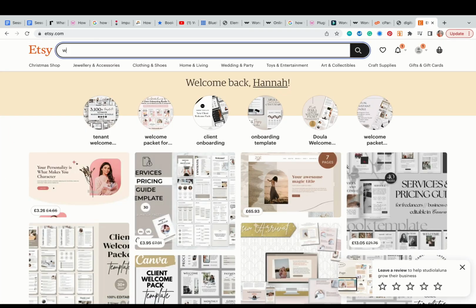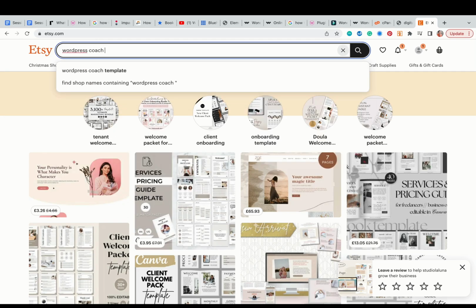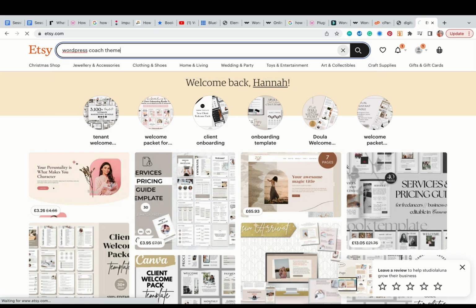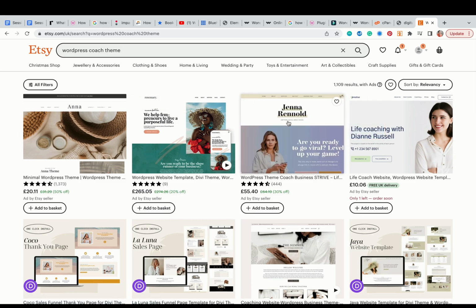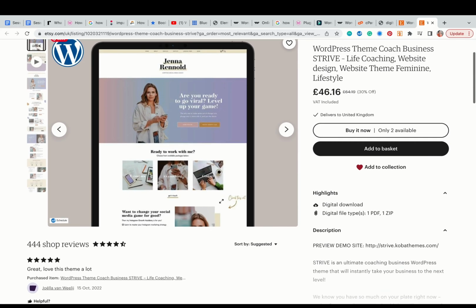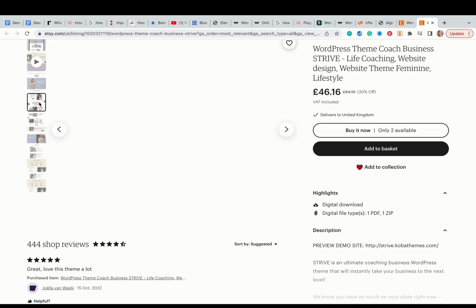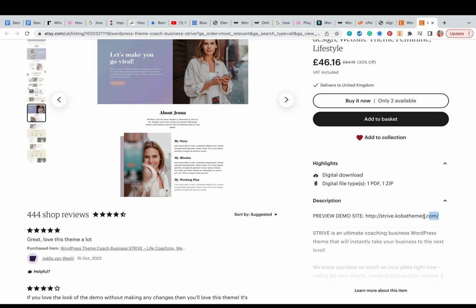Something else that you could do though, if you don't want to do any of these things yourself and you don't want to make them, but you want something quite nice and modern, is go to Etsy and type in WordPress coach theme. Let's say if you were a coach, if you were maybe a tarot card reader, you would write WordPress tarot card website theme. Just have a look around and you can find things like this. Like, look, this one's really nice. This is obviously for coaches. She's got all examples. So you can actually buy ready to go